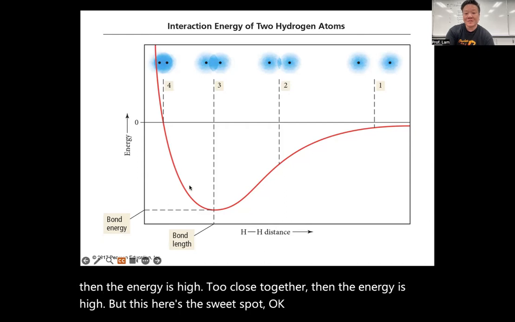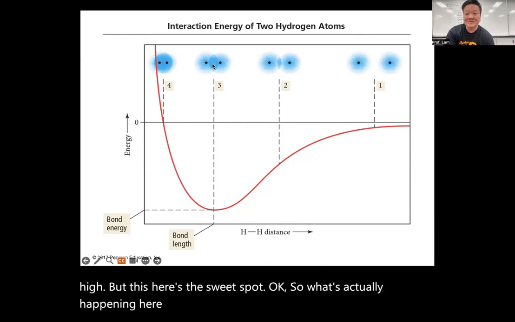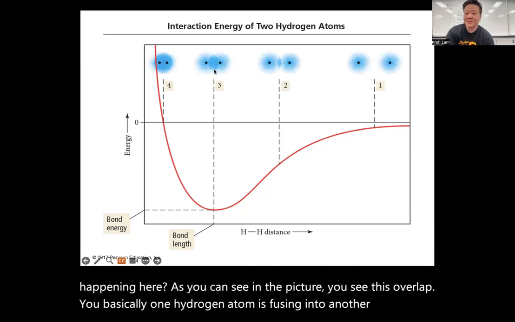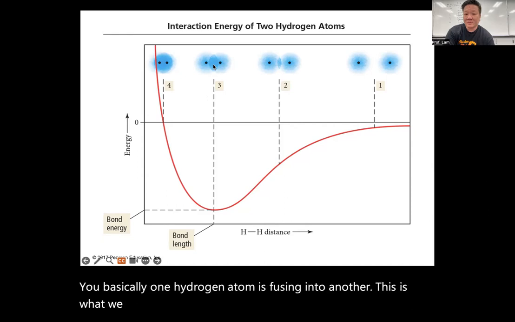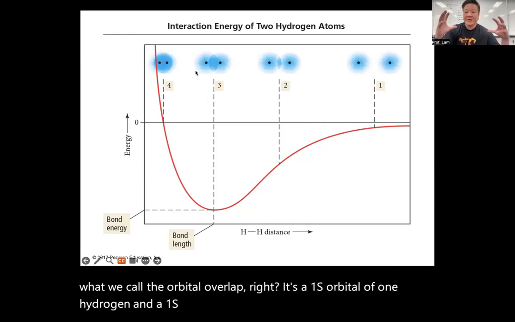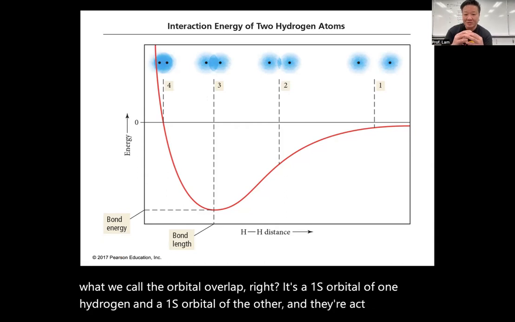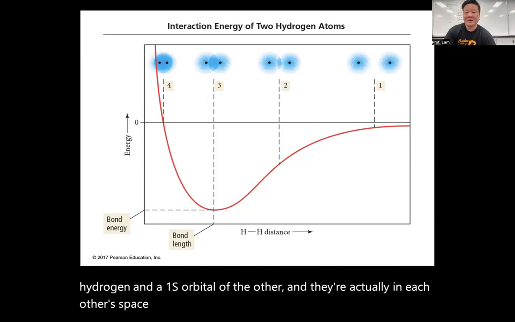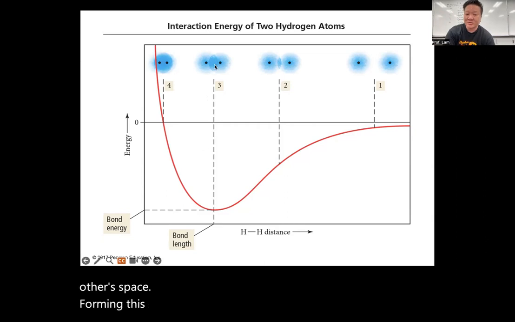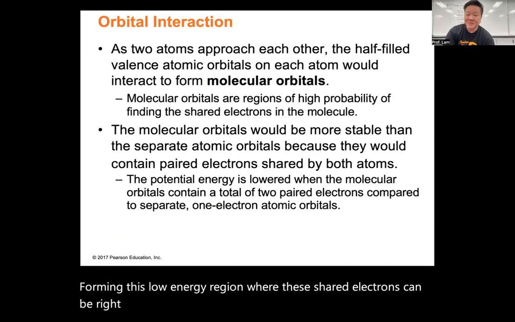Okay, so what's actually happening here, as you can see in the picture, you see this overlap, right? Basically, one hydrogen atom is fusing into another. This is what we call the orbital overlap. It's a 1s orbital of one hydrogen and a 1s orbital of the other, and they're actually in each other's space, forming this low energy region where these shared electrons can be. And that's the basis of valence bond theory,